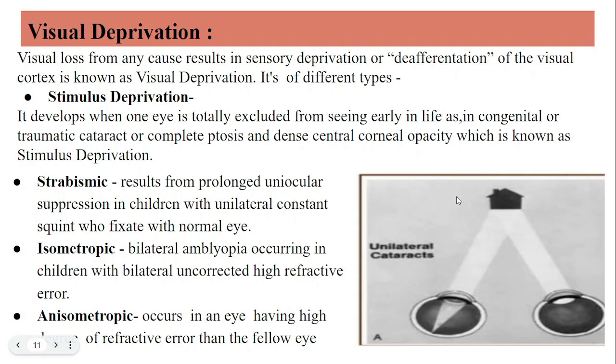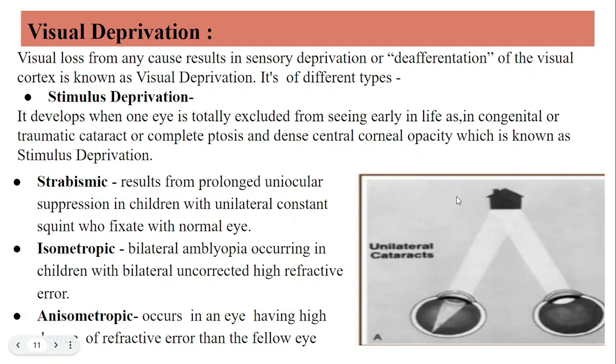There are different types of visual deprivation, including stimulus deprivation, strabismic, isometropic and anisometropic amblyopia. Stimulus deprivation occurs when one eye is completely deprived of visual input early in life due to